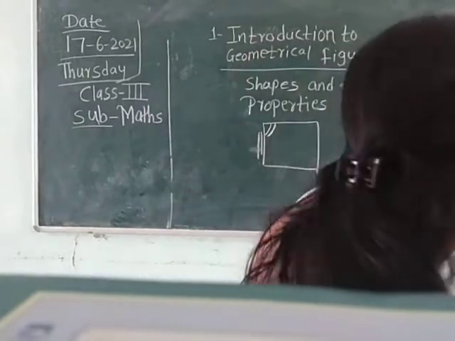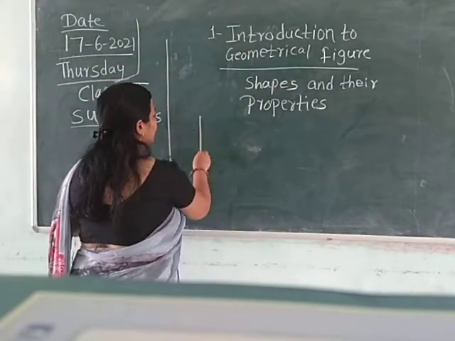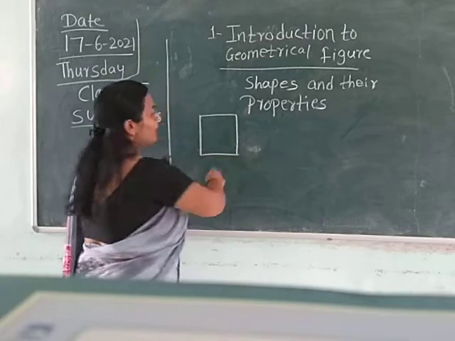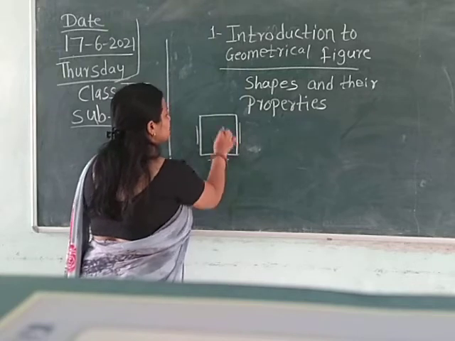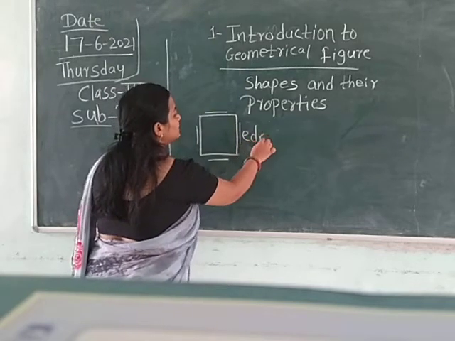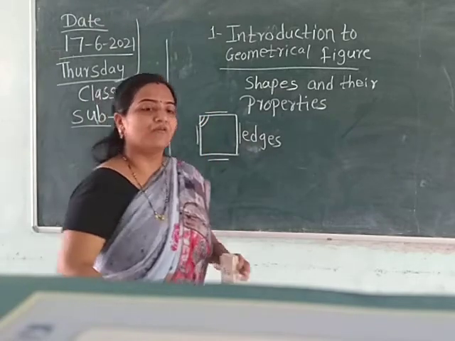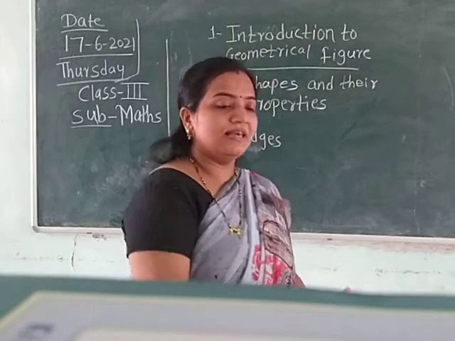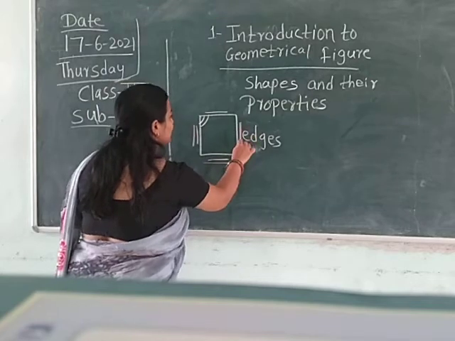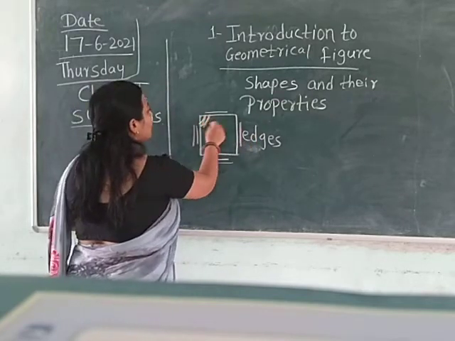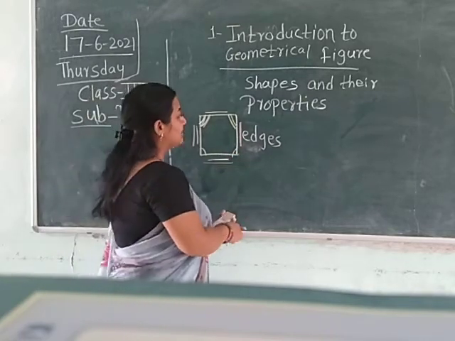So we are going to study in detail. Square. Square has 4 edges and 4 corners. What? 4 edges and 4 corners. Okay? Now